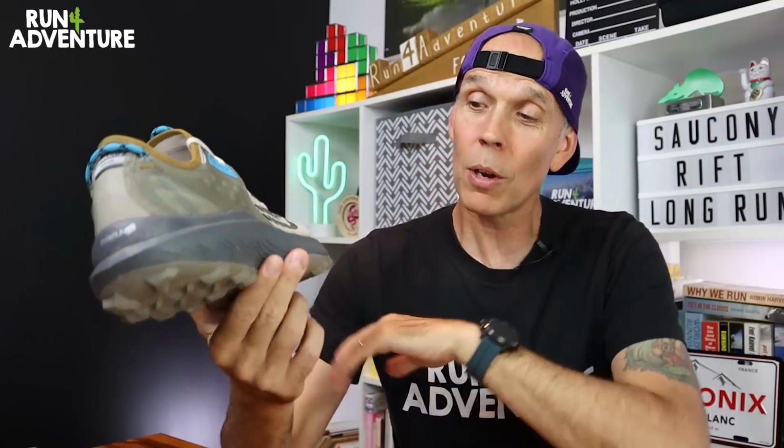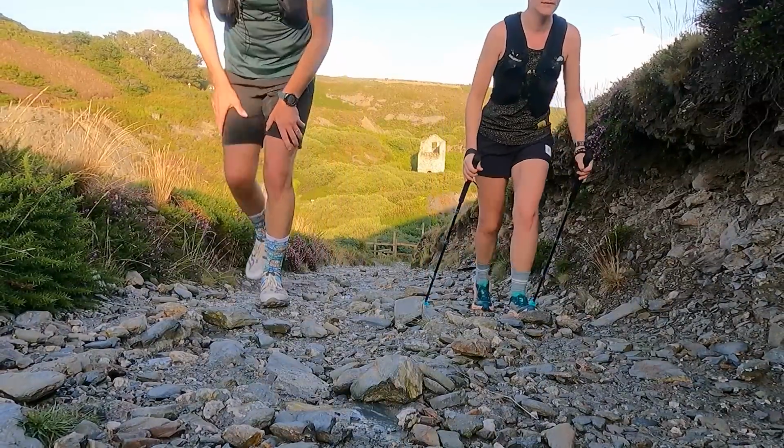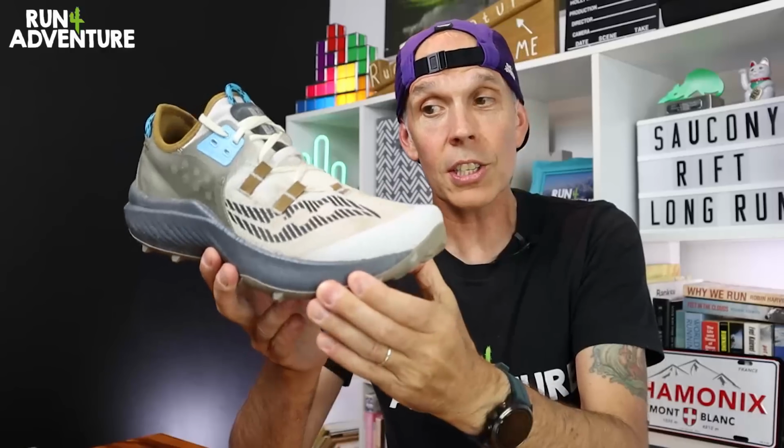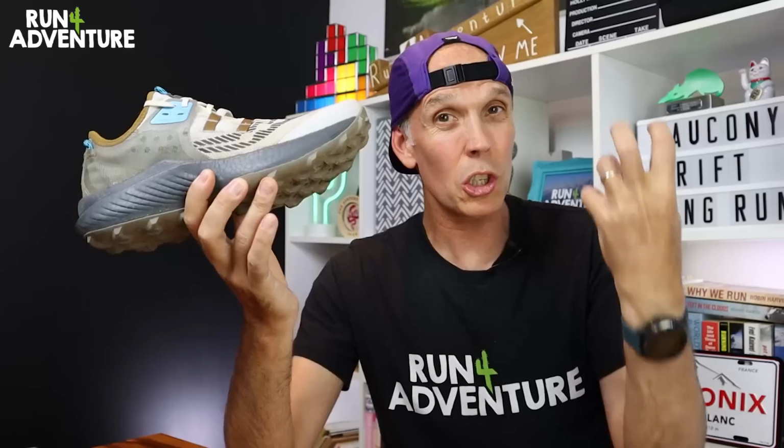on yesterday's long run. They actually handled all the terrain on yesterday's long run really well. So we had quite a few sections of a very rocky, technical, quite aggressive trail underfoot, and I've got to say it, I felt nicely connected in the Rifts. Even though it is a deeply cushioned trail shoe, I felt stable, but most importantly, it gave me a real good level of underfoot protection from all those sharp, pointy